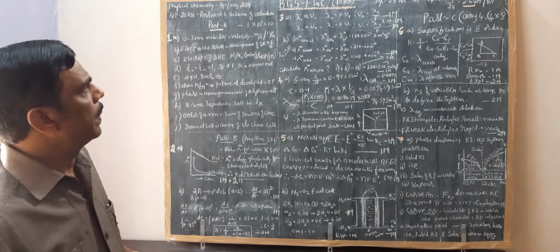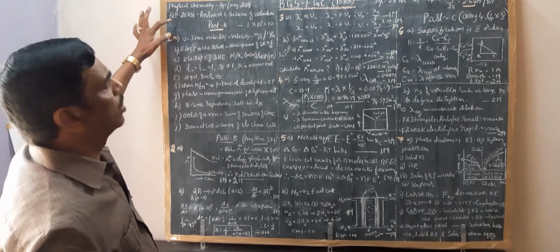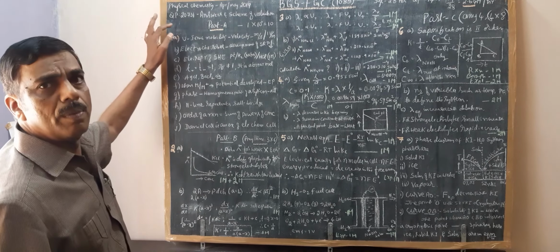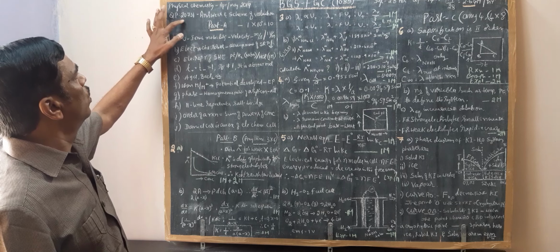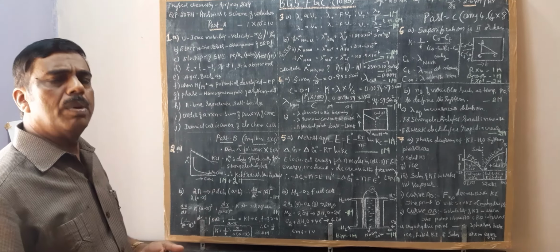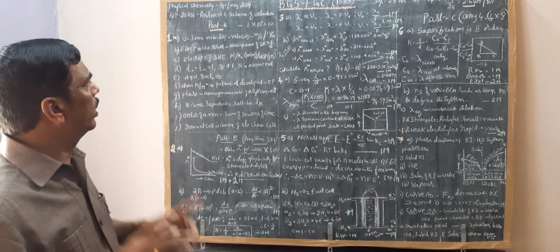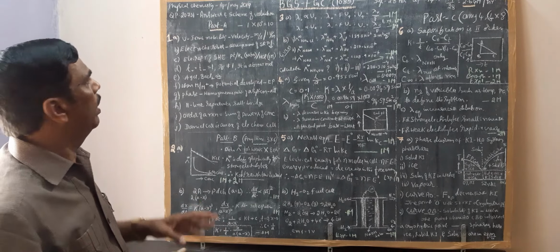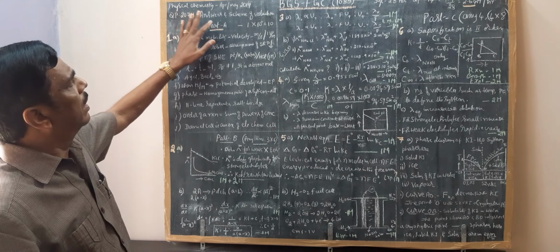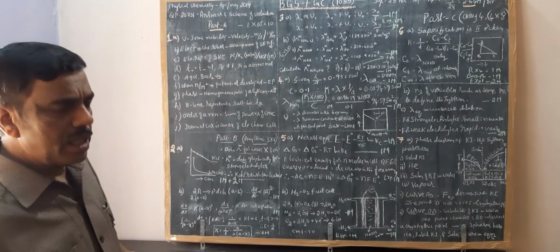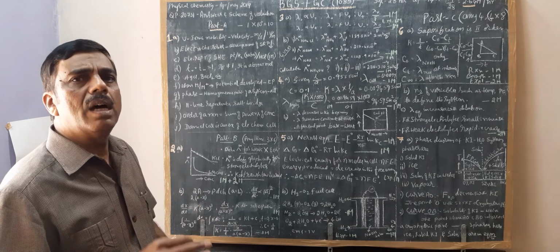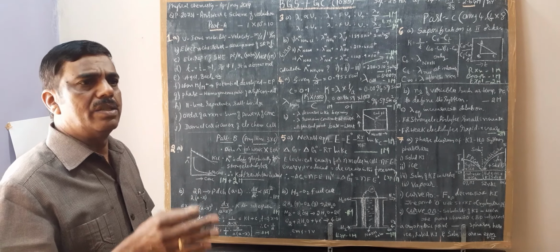Now, while receiving the question paper, you verify the question paper code. This question paper code is 20731. Many repeat question papers are there for repeaters. As a fresher, you have to take a suitable question paper code. And in your physical chemistry syllabus, 28 hours of syllabus is there.